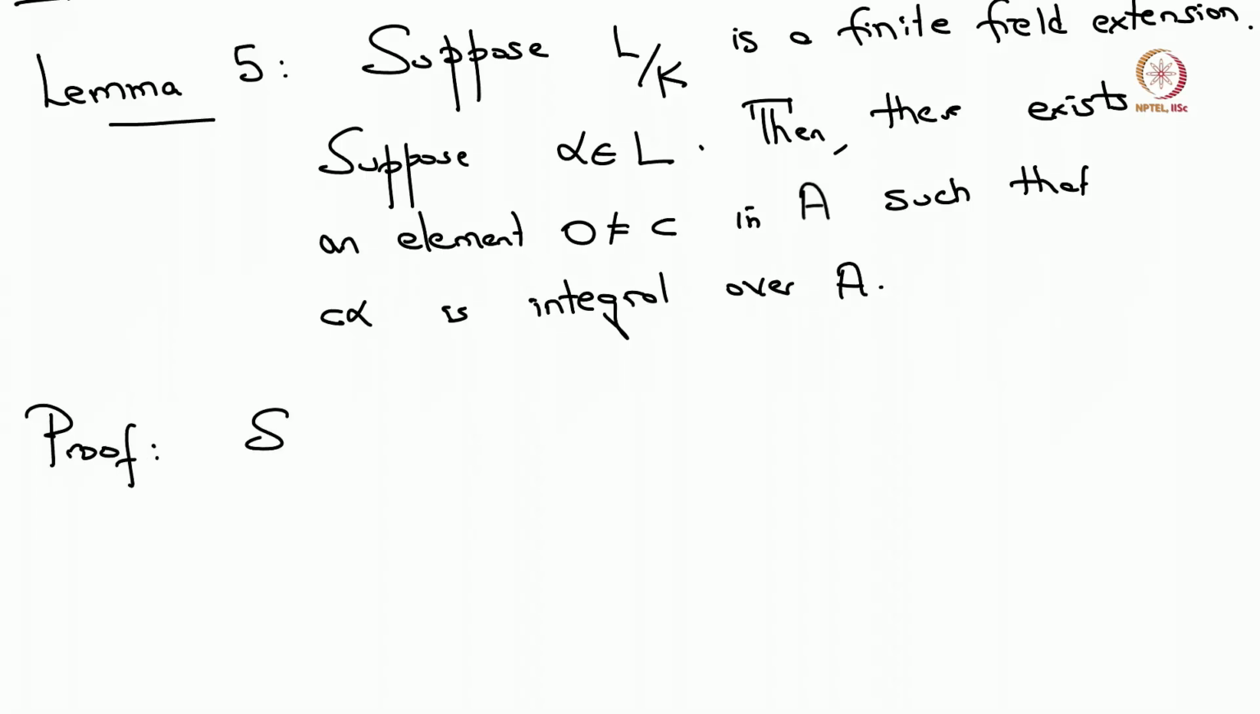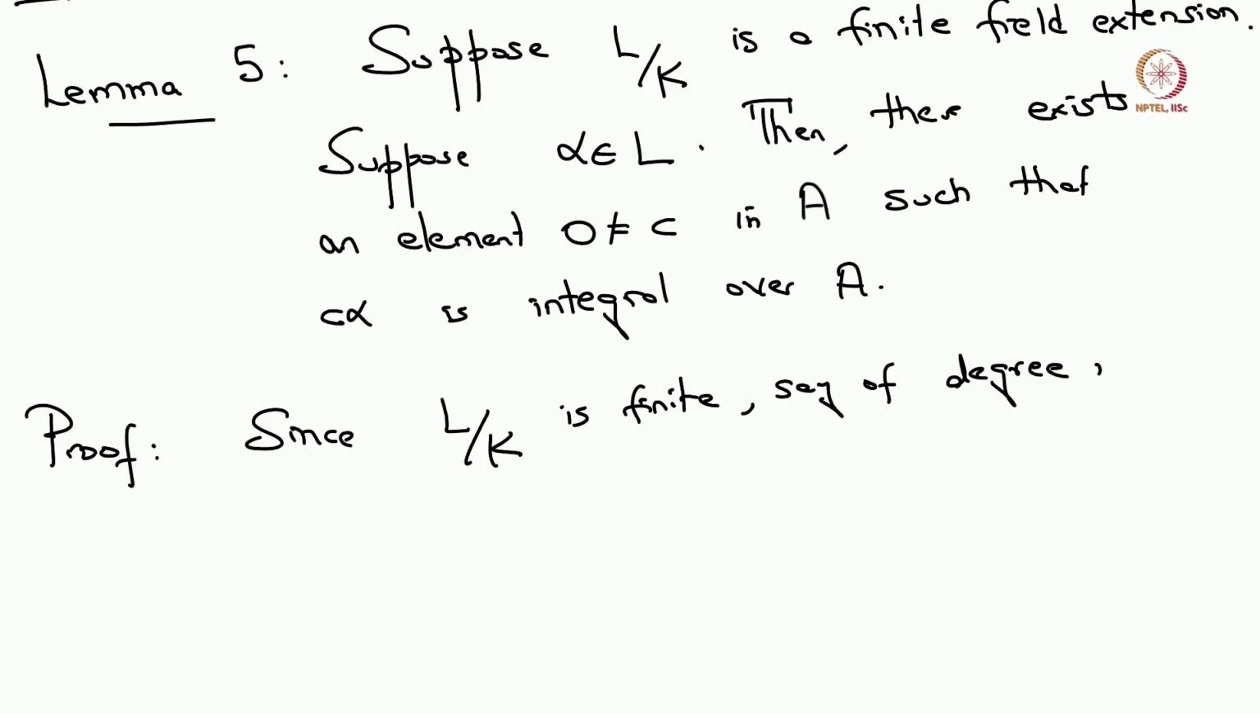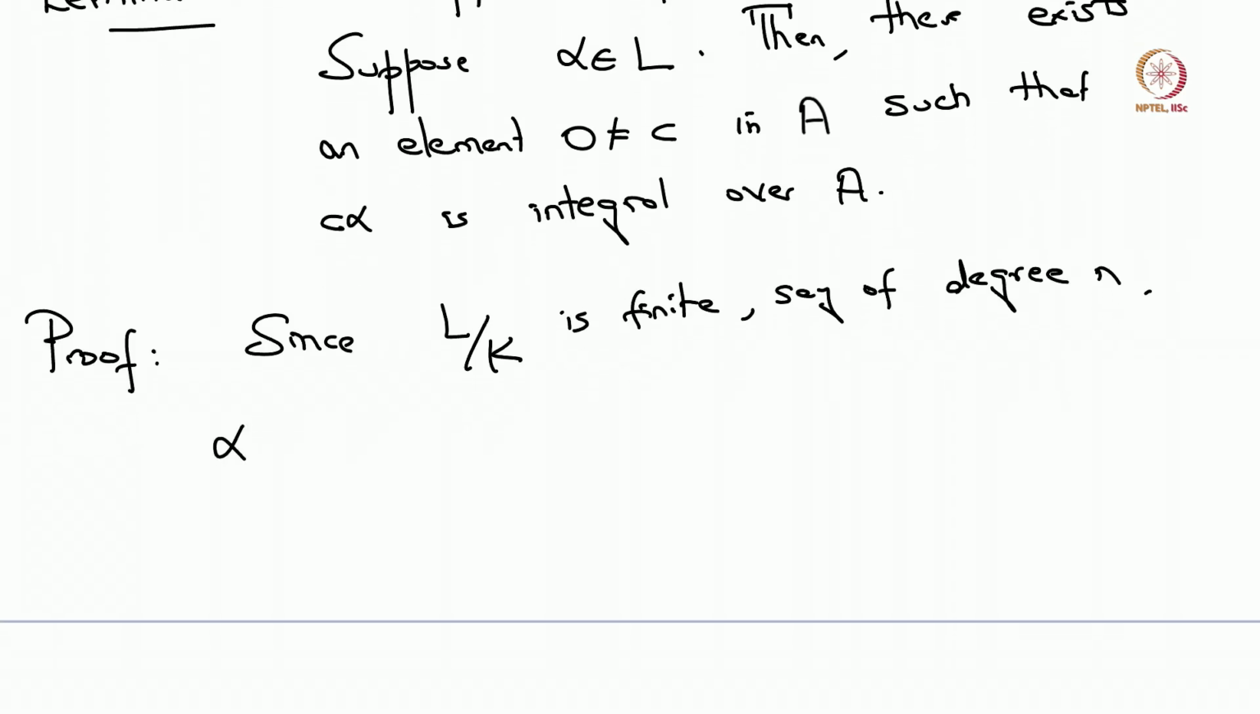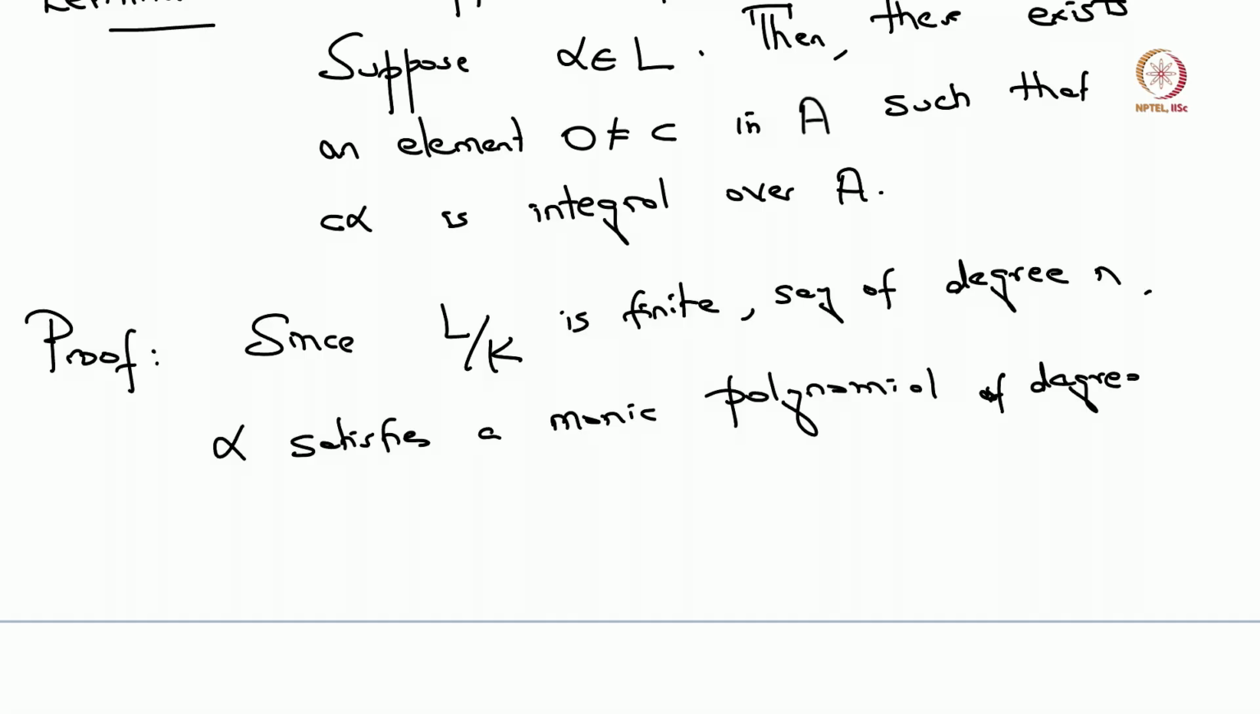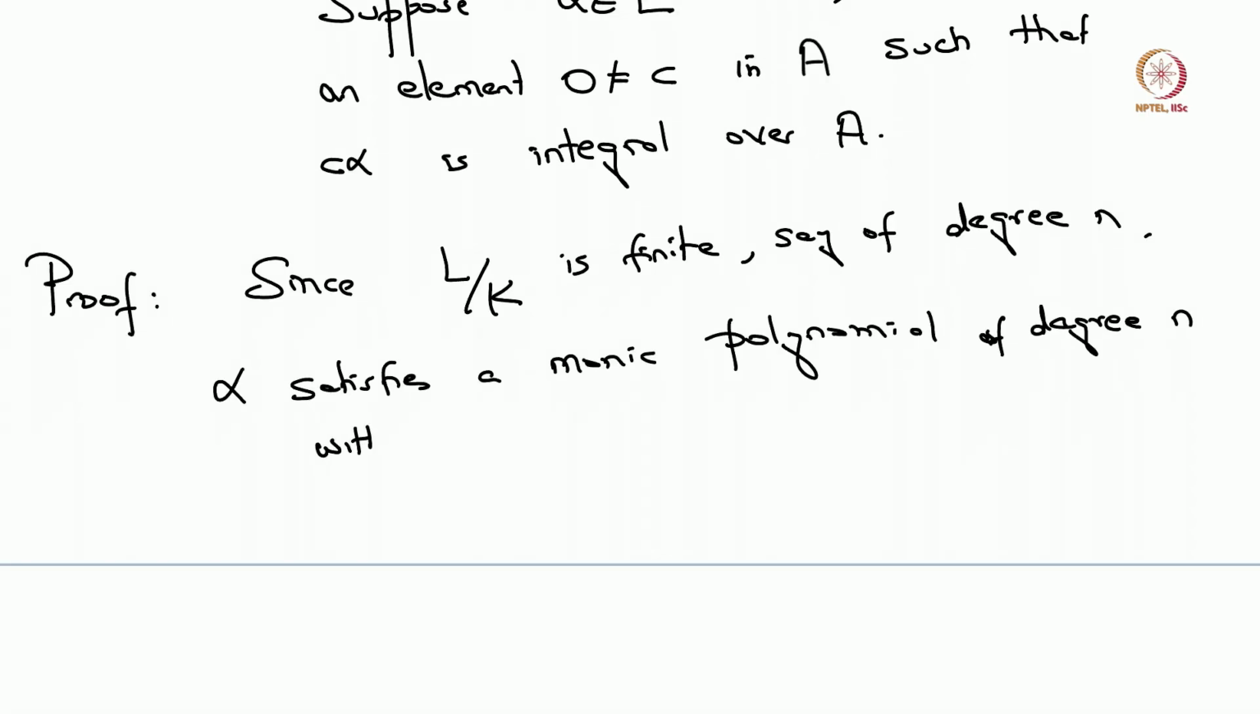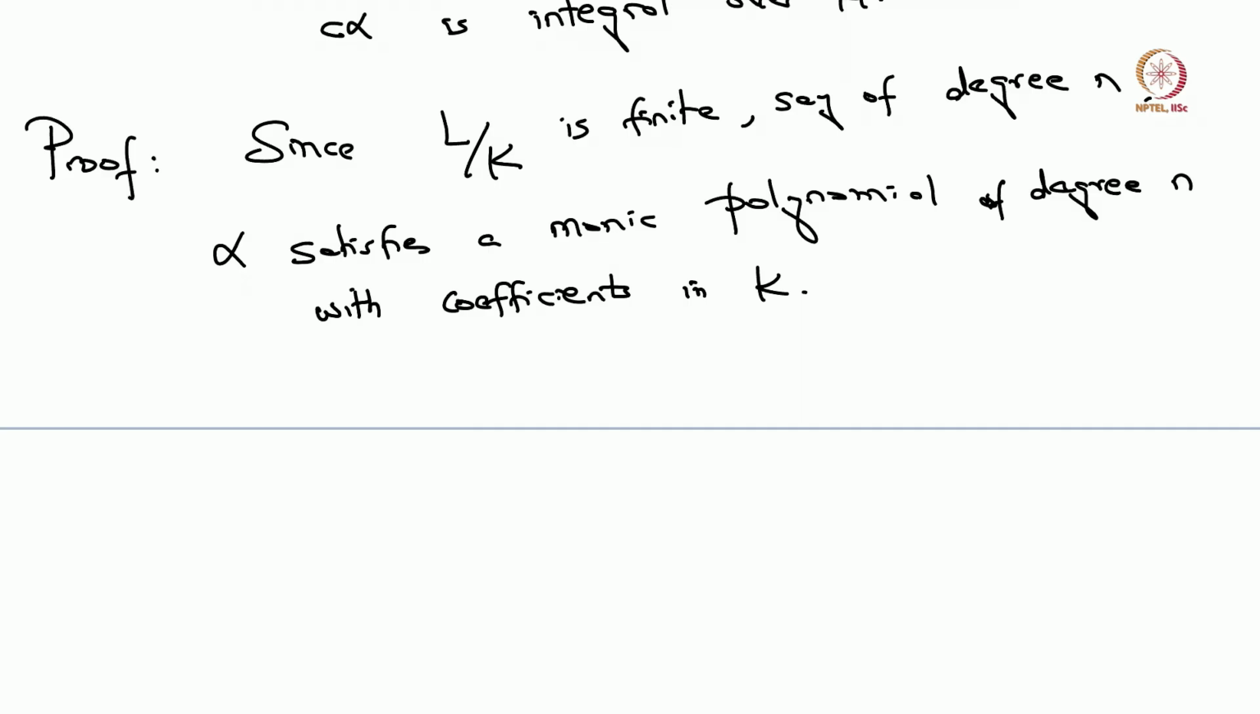And what's the proof? Since L over K is finite, say of degree n, then alpha must satisfy a monic polynomial of degree n with coefficients in K. Okay, but what we also have is that this field K is actually the fraction field of A. So each of these coefficients has a numerator and denominator, where the numerator and the denominator belong to A. So just by clearing the denominators,